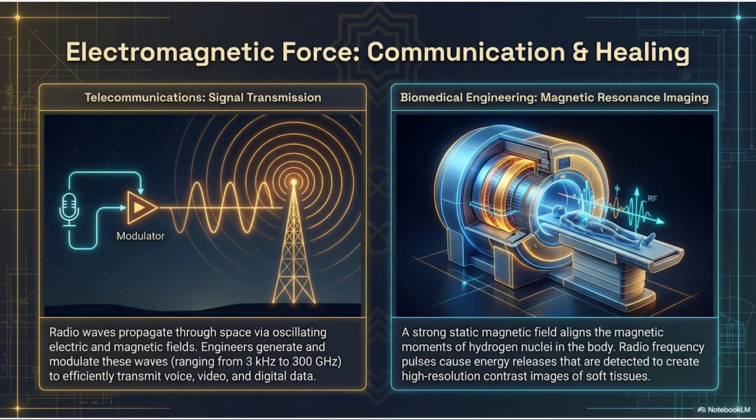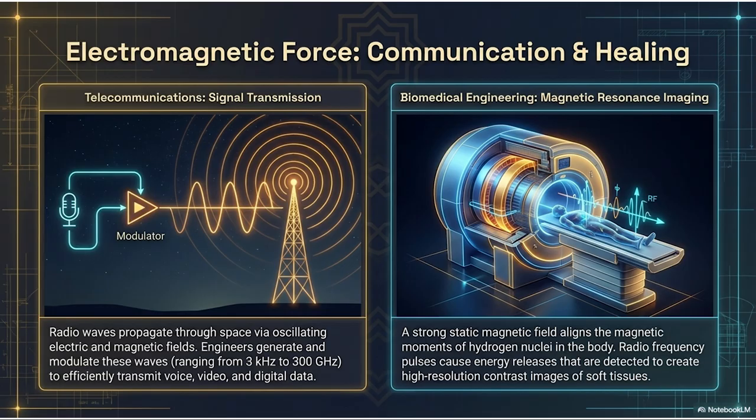How does an engineer send a photograph through empty space without wires? Like, fundamentally. By manipulating the electromagnetic field. Electric fields and magnetic fields are fundamentally linked. When an electric charge moves, it creates a magnetic field. When a magnetic field fluctuates, it creates an electric field. They trigger each other. Exactly. They dance together, oscillating back and forth. This oscillation creates an electromagnetic wave that propagates out into space at the speed of light.